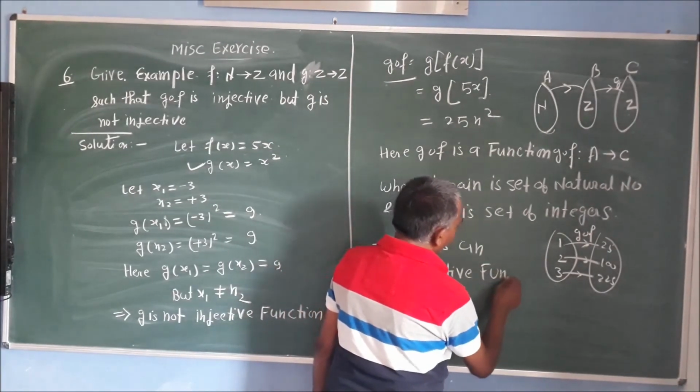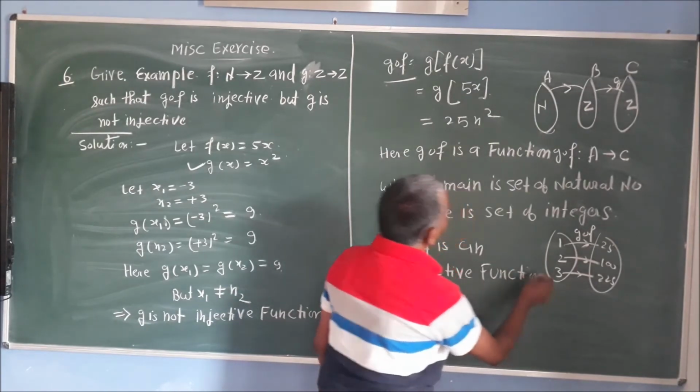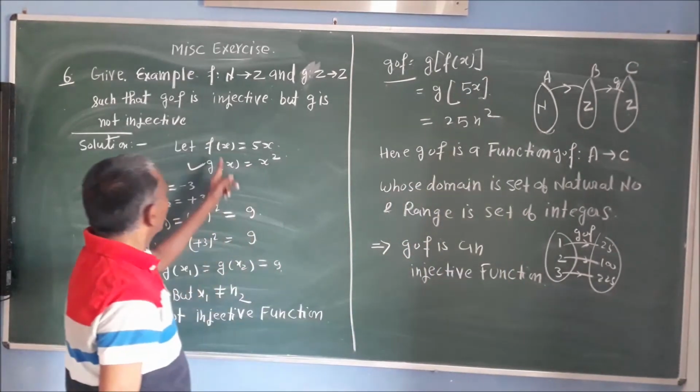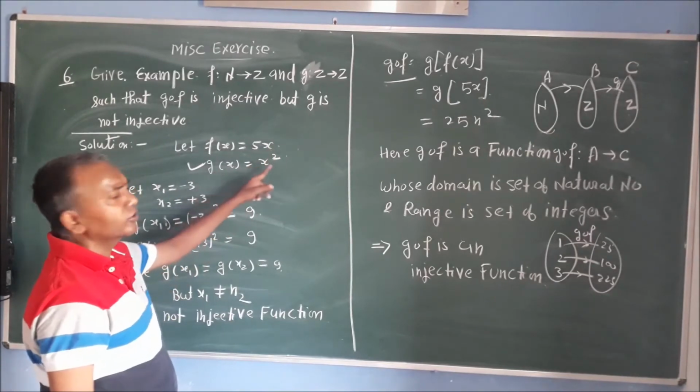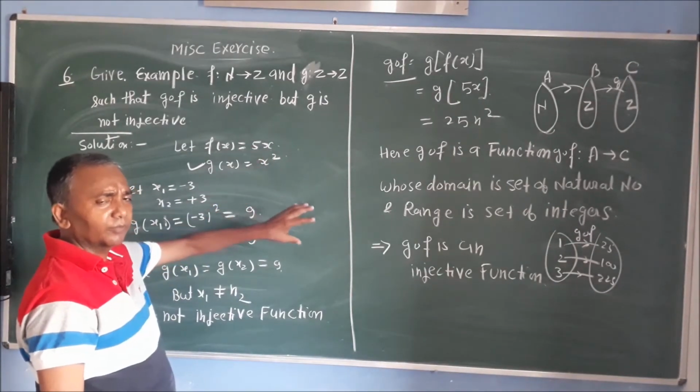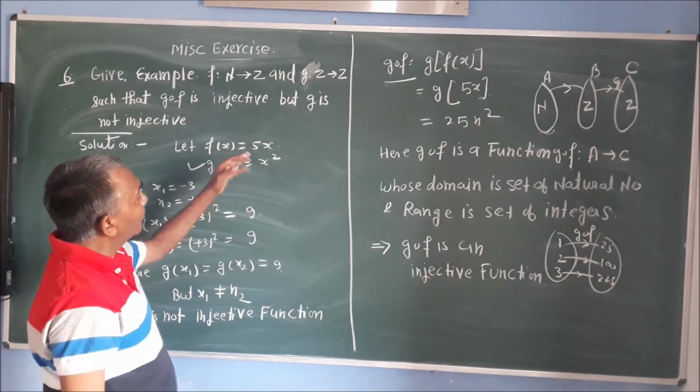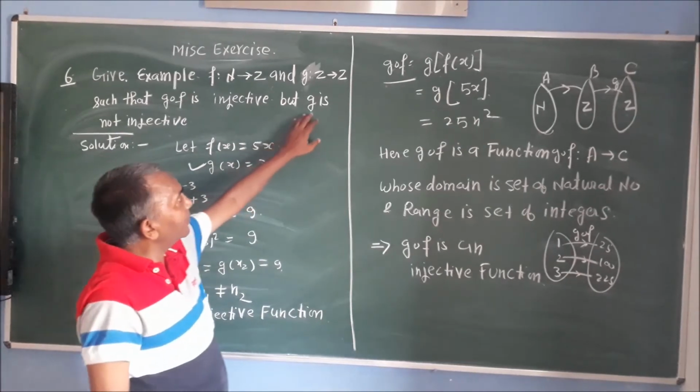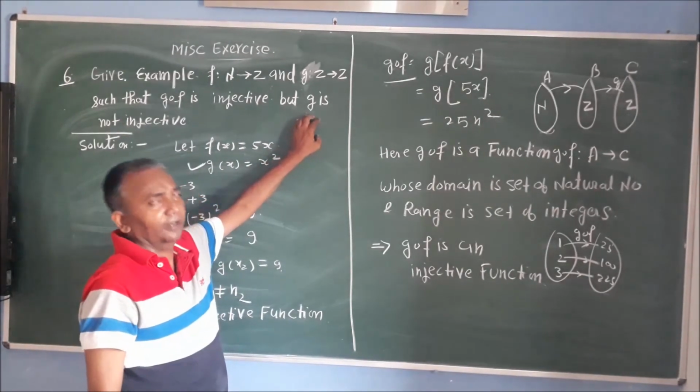So dear student, we have taken an example. You can take any example. You can also take f(x) is equal to x and g(x) is equal to mod of x. You can also prove the same thing. So any type of example, but it is important that you select a function g such that it may not be